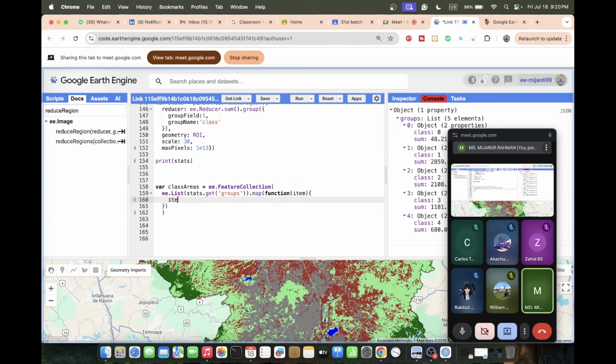I take a variable, suppose item, and I return a dictionary, ee.Dictionary, item. And in this item, what do I return? For that, put here the return function, and I return ee.Feature,